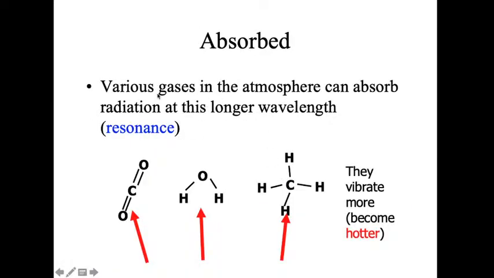And there's gases in the atmosphere, right? We've got carbon dioxide, we've got water vapor, we've got methane. Each of these is going to absorb some of this infrared radiation, and they're going to start vibrating with resonance. So if their structure is the right length to resonate, these molecules are vibrating at a natural frequency. So this is all related to simple harmonic motion,